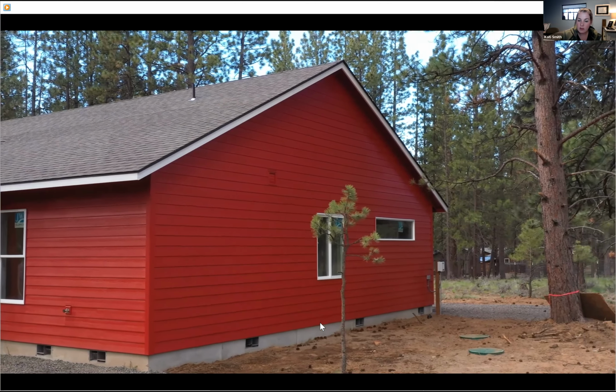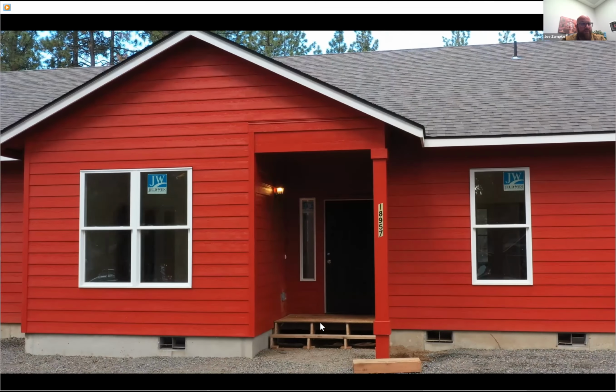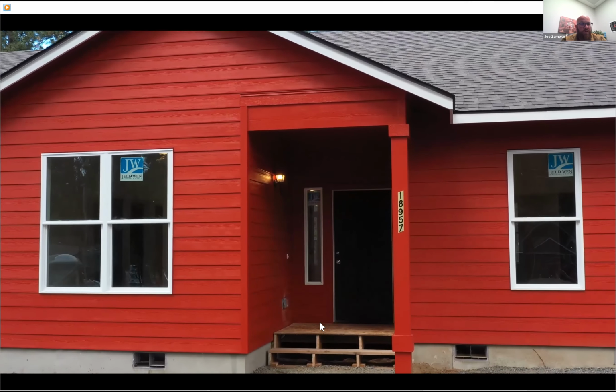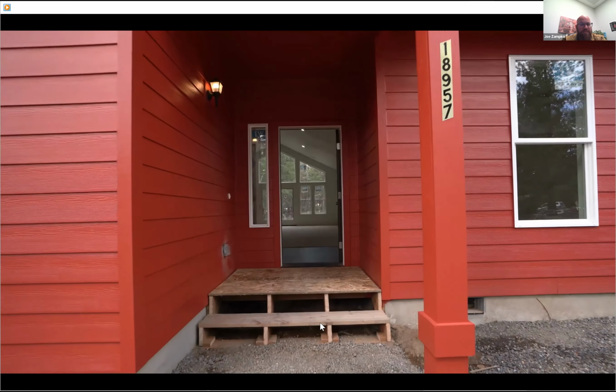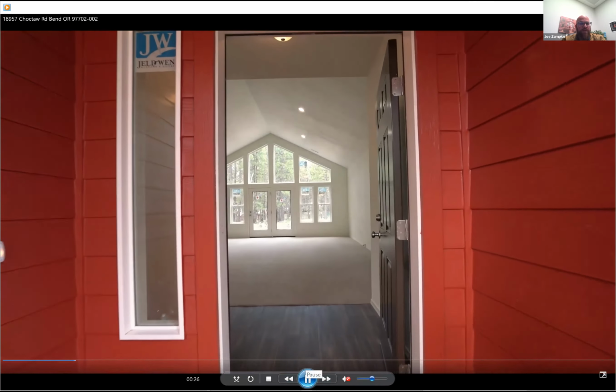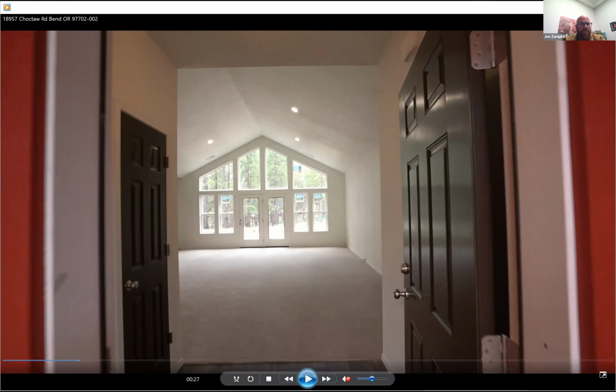So we also do solid core doors as an upgrade. If you want all your doors to be solid, if you want insulated walls on the interior, I just have to leave on this note today of: build your dream home, and Adair's here to help you achieve that. If you just take this picture in your mind when you leave this call today and imagine what the possibilities are,